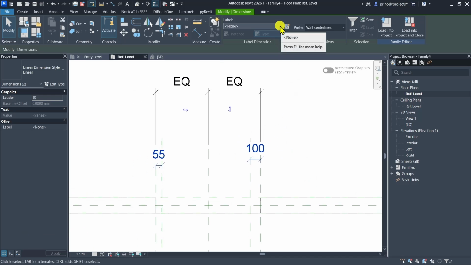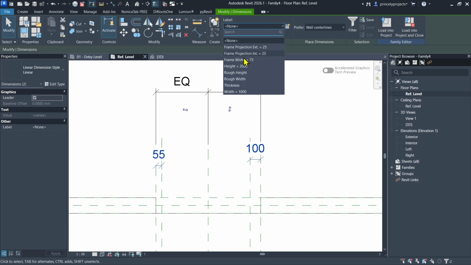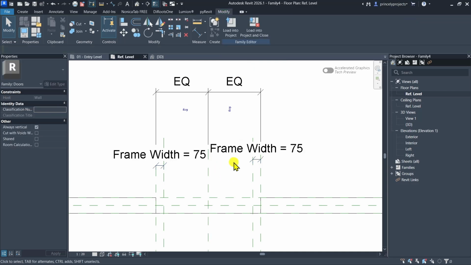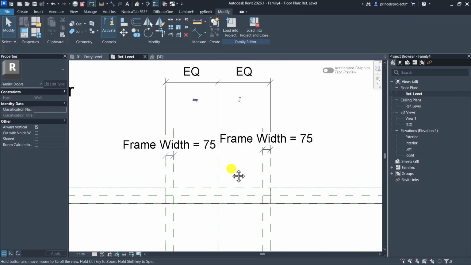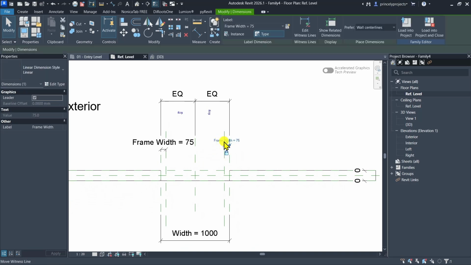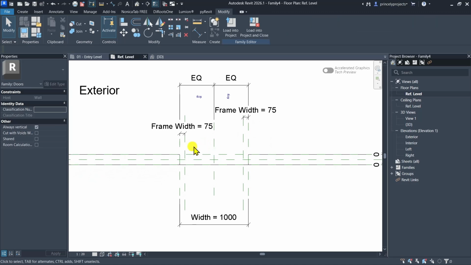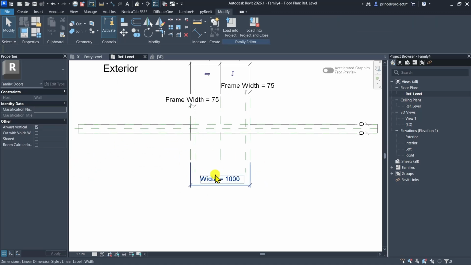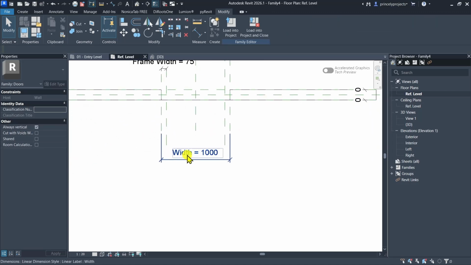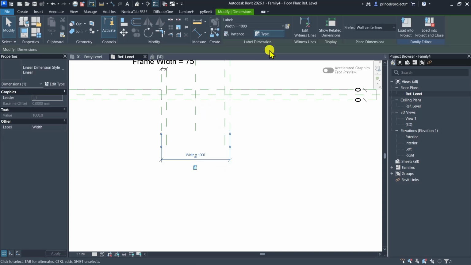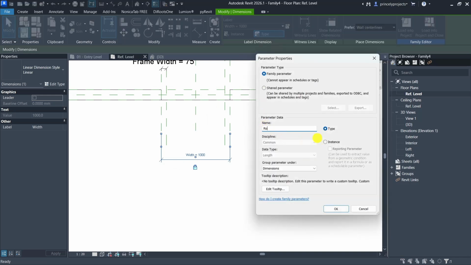Go over to the label dimension and click here and choose the already created parametric dimension with the name frame width. So you click on it and this is it. So it seems like the template is well organized already. All right, so we are lucky to have templates organized. All right, so I also want to change this width to rough width. I'm going to create this and click on it and create a parameter with the name rough width